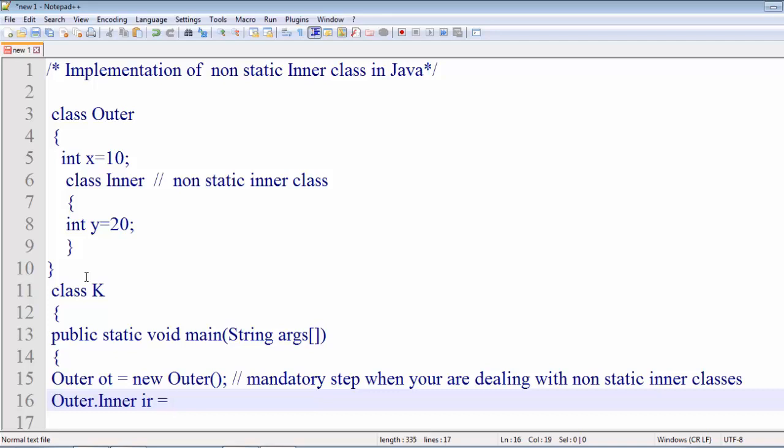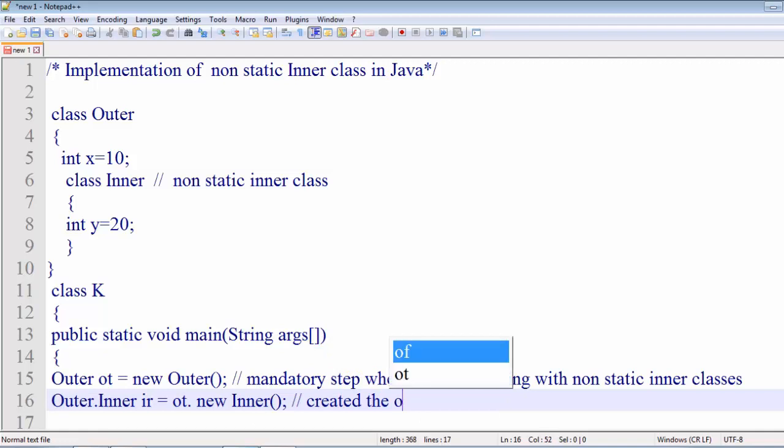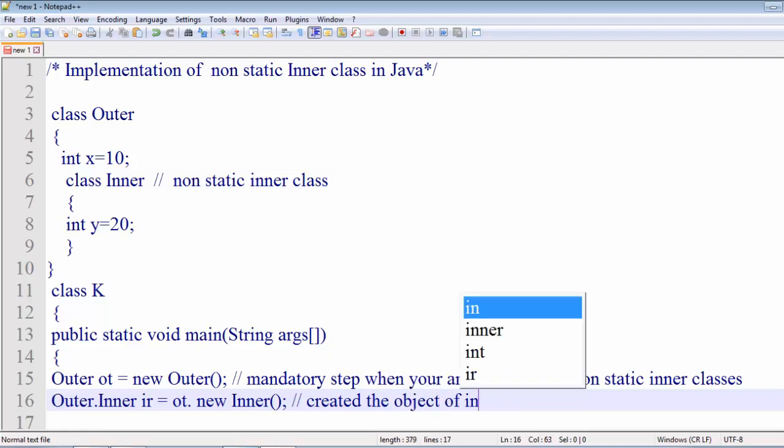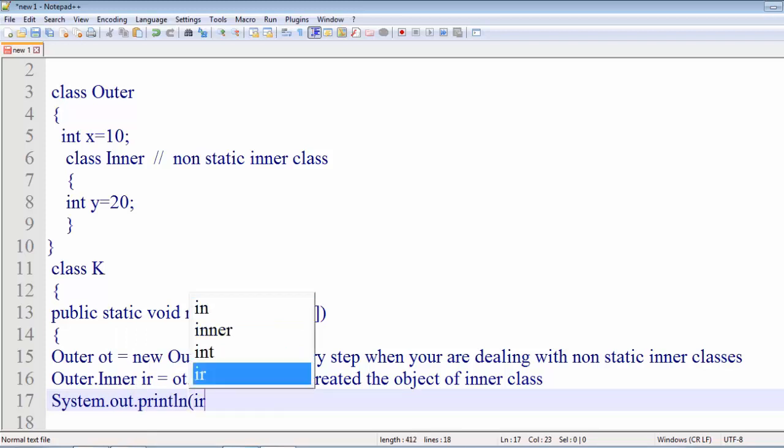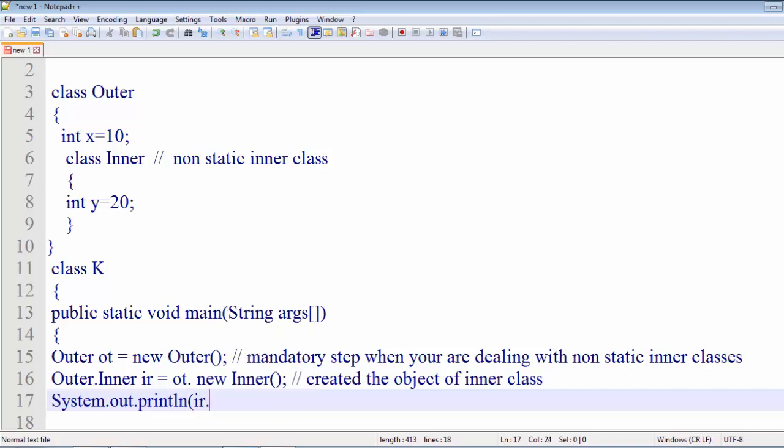Now we have to create the object of this inner class with the help of the object of the outer class. So we write ot dot new Inner. Now we have created the object of the inner class. We print the value: System.out.println, and retrieve the value of y with the help of the object, ir.y.